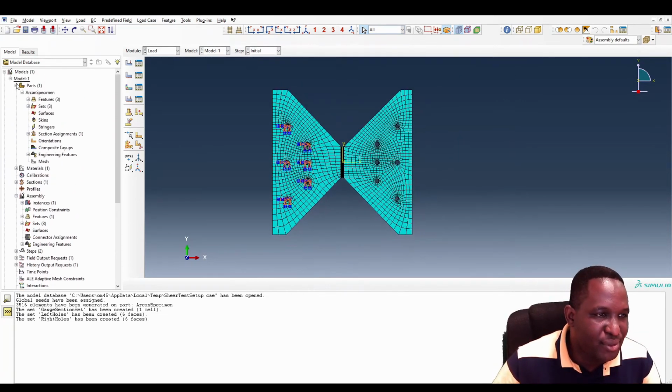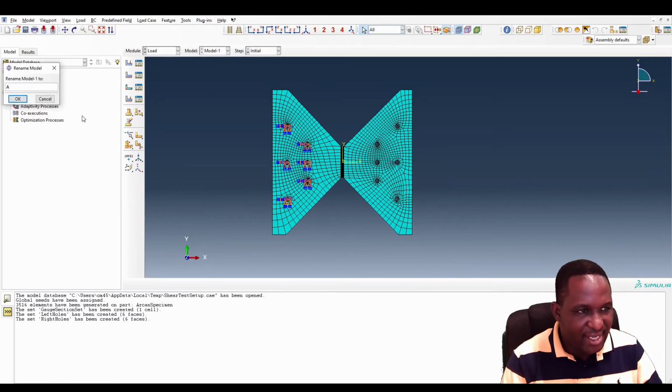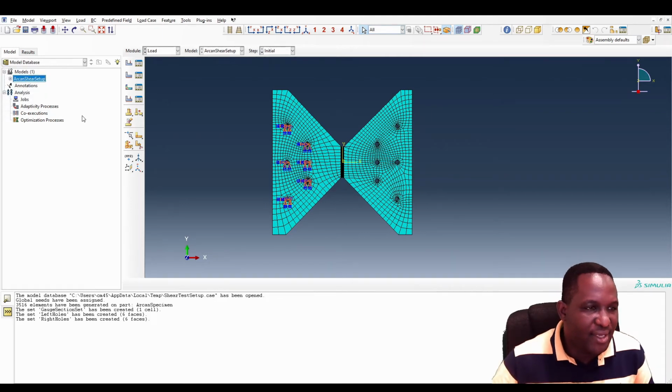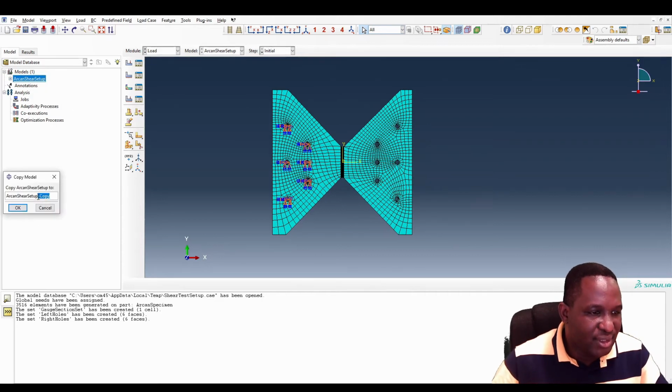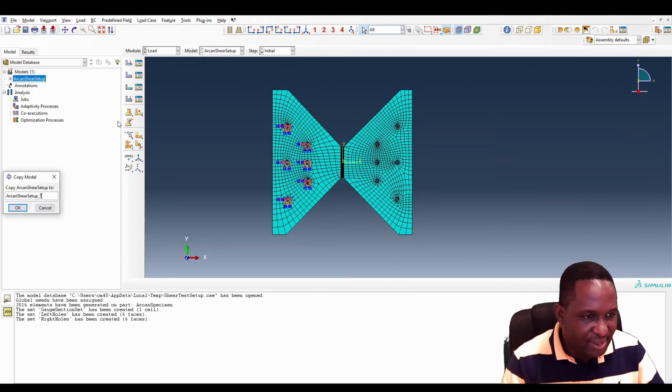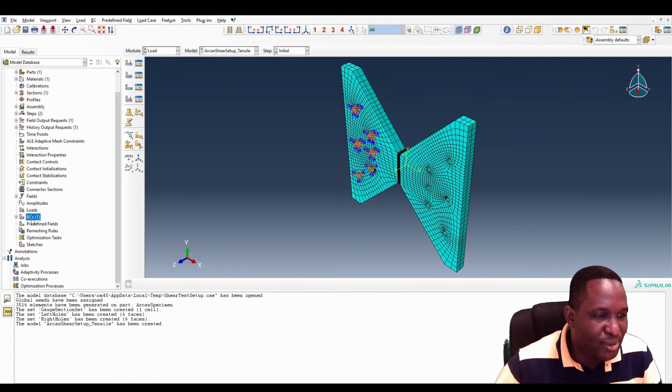So what I'm going to do here is rename this model and just call it Arcan Shear Setup. Okay, Arcan Shear Setup. Now if we copy the model, we can call this tensile. So let's do a tensile test simulation. And what does a tensile test need? So we go back to